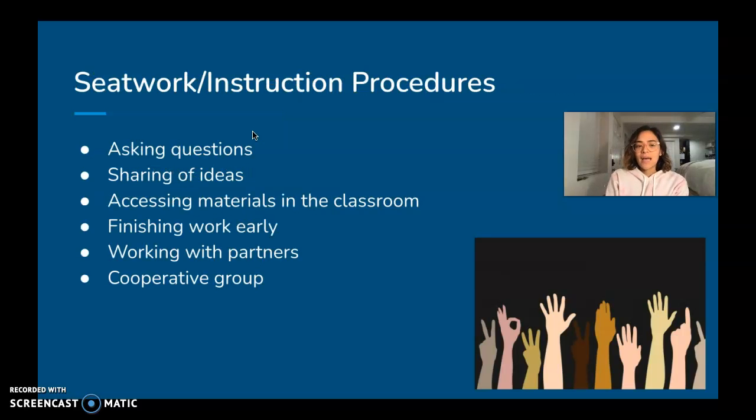Asking questions, sharing ideas. I think I would have certain hand signals that I would want the students to do. Raise your hand, do this if you have to use the restroom, anything that as a class we decide. Accessing materials, definitely whenever a student is missing something, they can go to that place where all the materials are